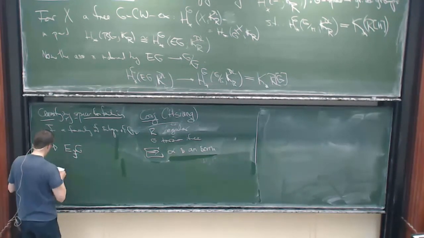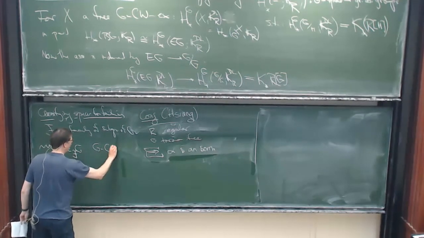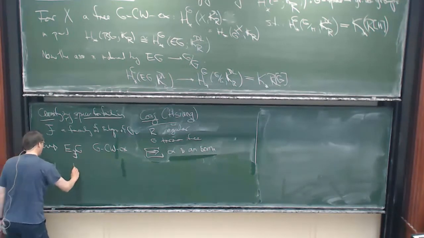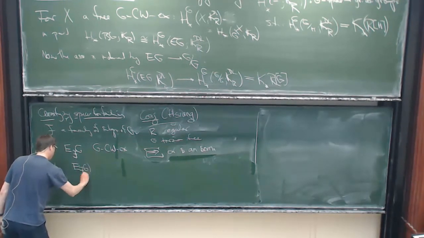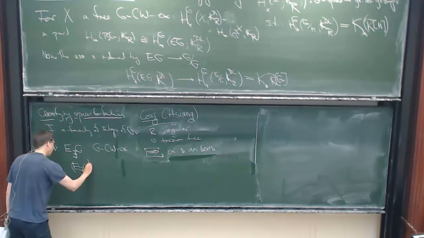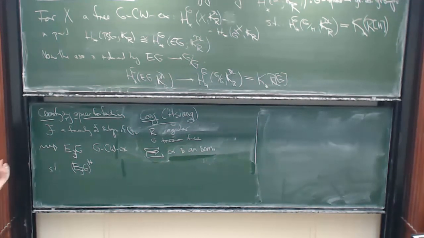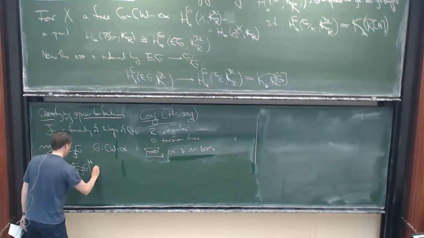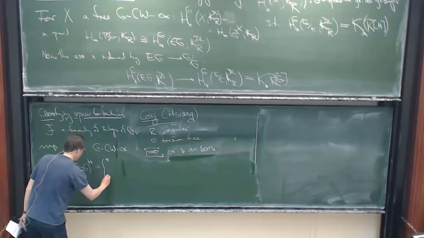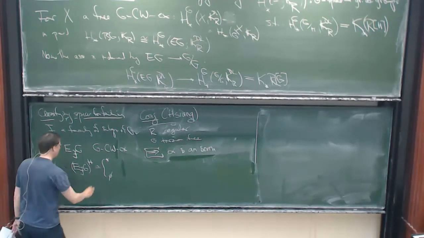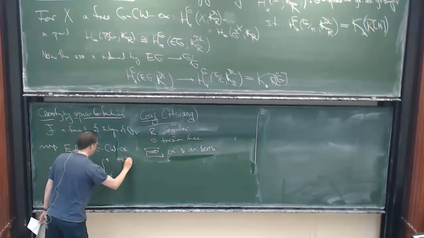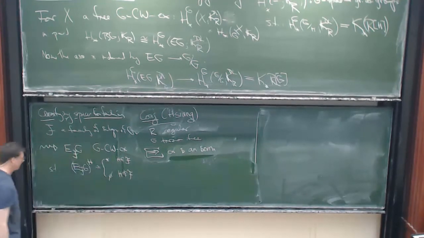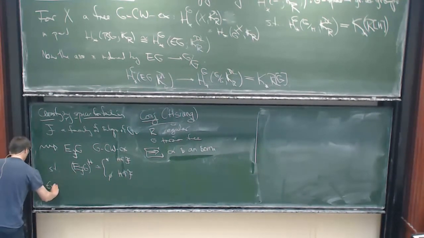E_F G. So this is again a G CW complex, and it can be characterized by its isotropy subspaces. So if we take, right, we have the G action on our G CW complex. If we take the fixed subcomplex, then we either get something contractible or nothing, and we get something contractible exactly when H is in F,